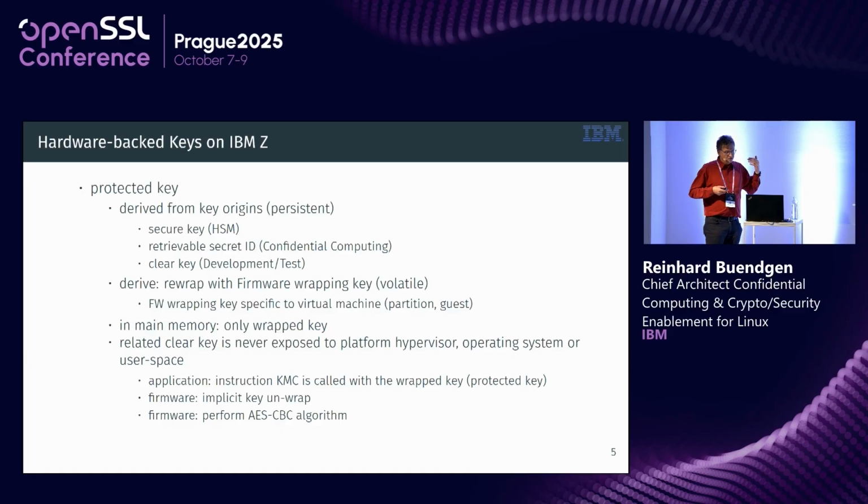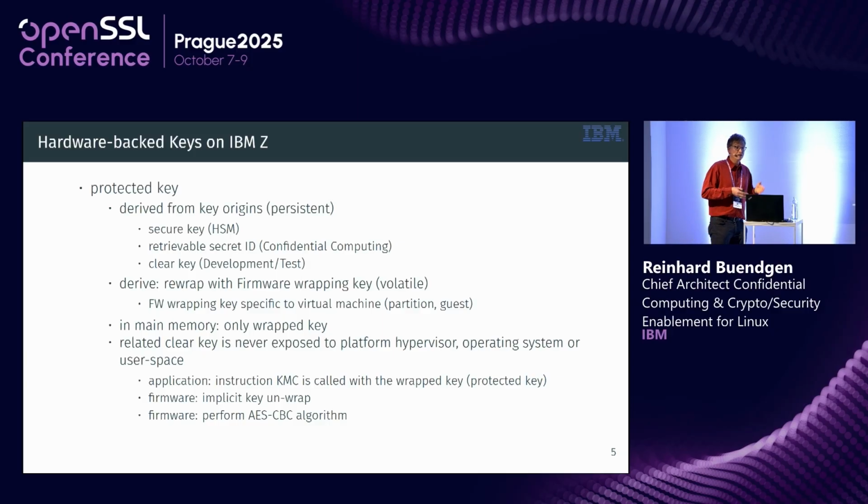There is a function that allows you to derive the protected key from these origins. And these protected keys are, well, keys that are wrapped by a hidden wrapping key. That wrapping key is specific to the virtual server, so the virtualization concept of IBM Z includes this support that